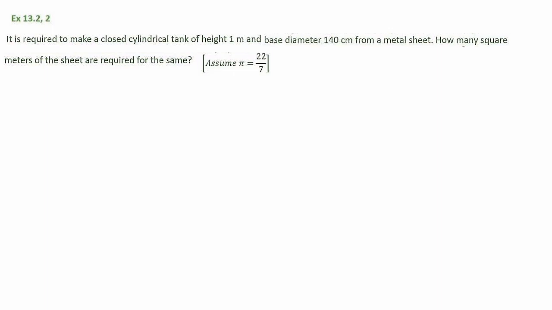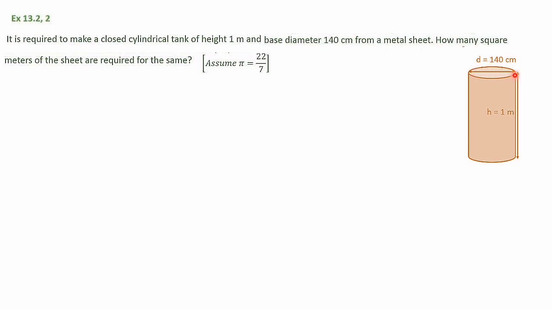We have done an experiment before how the cylindrical shape is formed. There is a curved portion which is around the cylinder, and on top there is a circle, and at the bottom there is a circle. So this is the way we have formed the cylindrical shape. Means here circular portion is on the top, and the bottom base also there is a circle, and there is a curved portion. Means the total surface area of this cylinder we need. Then only we will be able to calculate the area of that metal sheet. Both will be same, because by using a metal sheet we are forming the surfaces.